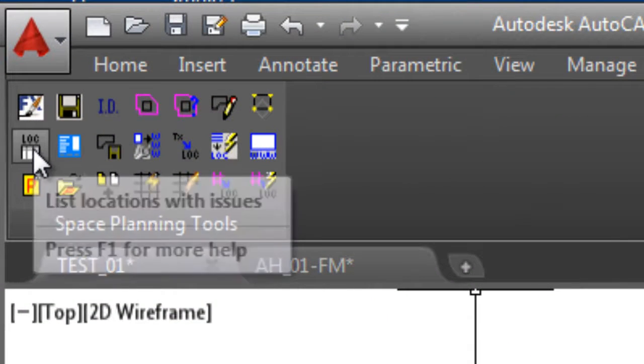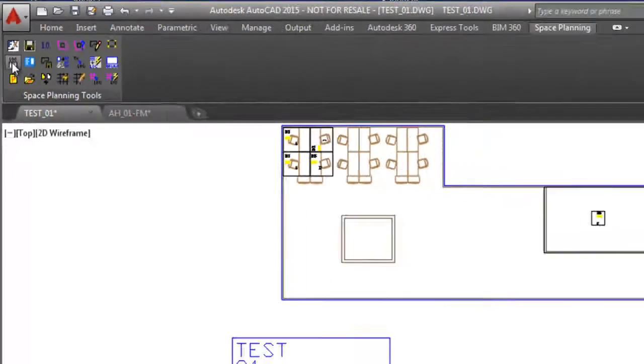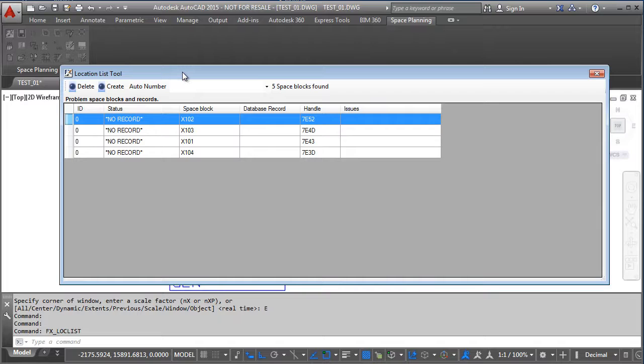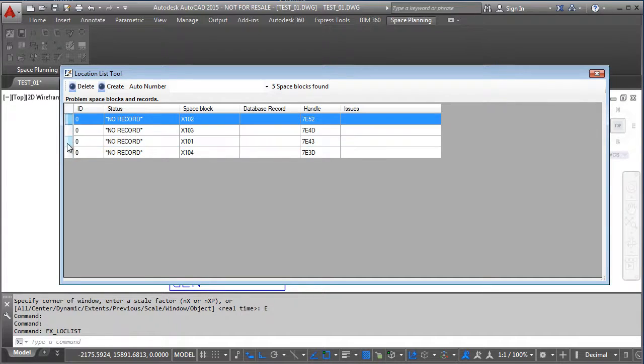So what I'm now going to do is click on the List Locations with Issues icon. That presents us with a new window here. This is listing the 4 space blocks which currently have an issue, and the issue is that there's no corresponding record. We can see the space block numbers here, and the entity handle if you need it. All we need to do now is select a number of these. We can just do a control click, or we can click at the top and do a shift